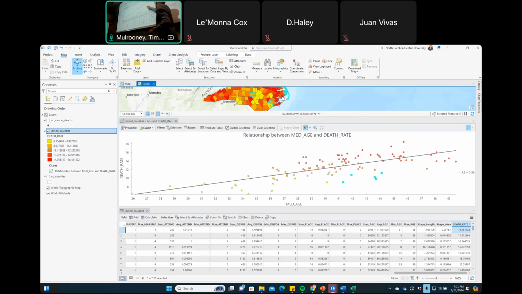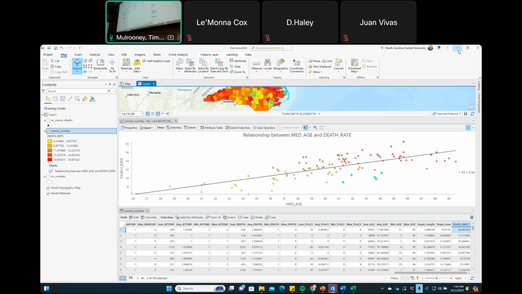But these are all areas where the death rates are less than what you would expect for that line. And we can turn that line into a curve, like y equals 2x squared plus 3x plus 4, something like that. And so that r squared goes up a little bit, but not that much. We'll get more into these later.